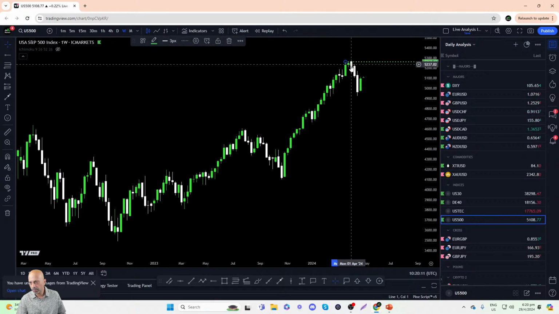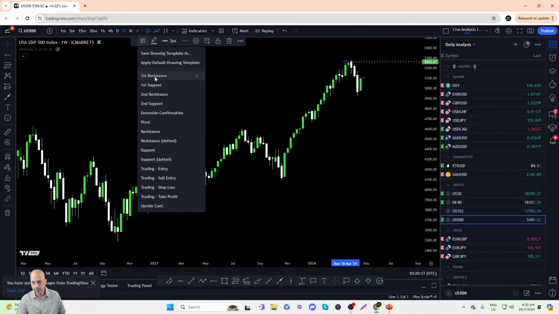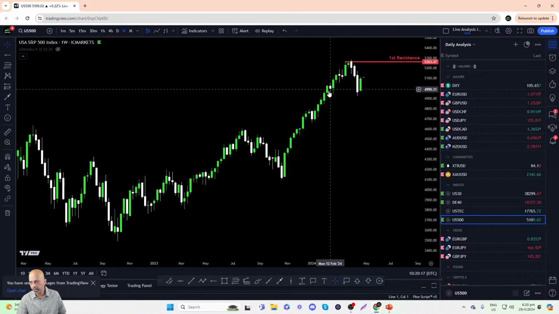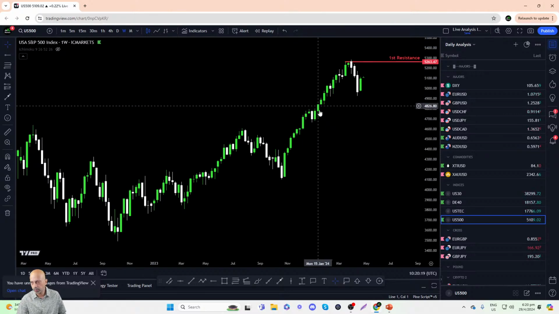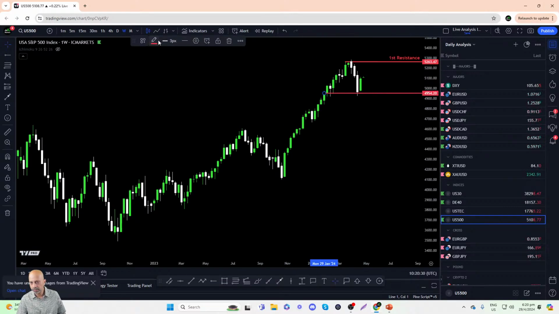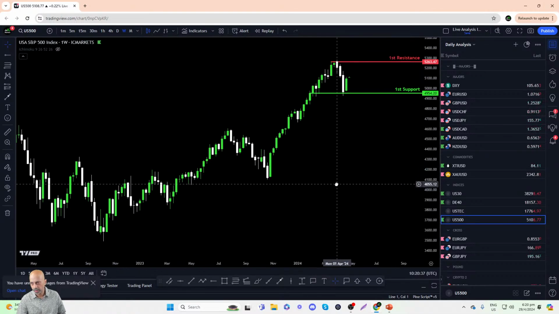First resistance for the US 500 is probably this pullback resistance here. Remember, I'm using the body of the candle on the weekly time frame, and I may adjust this level as we move down. In terms of support, price found support at about 4,955 on 15th of April. This is quite likely a pretty decent support level. It may look a bit more obvious on the daily time frame, and we'll get down to it shortly.